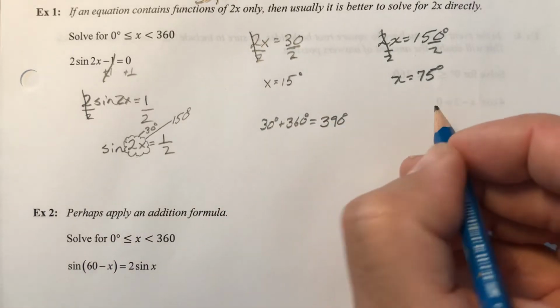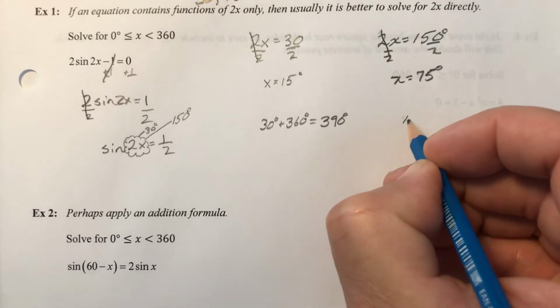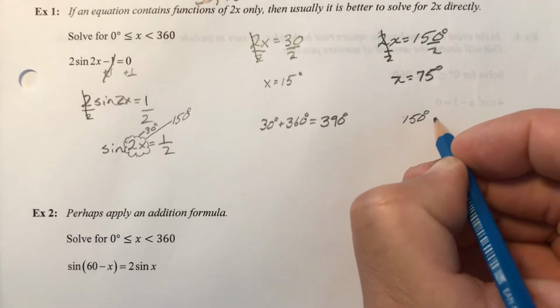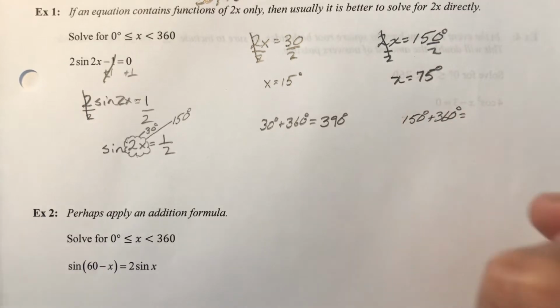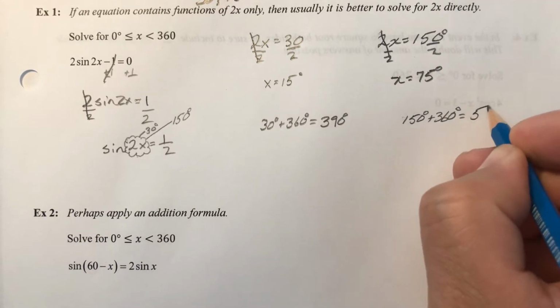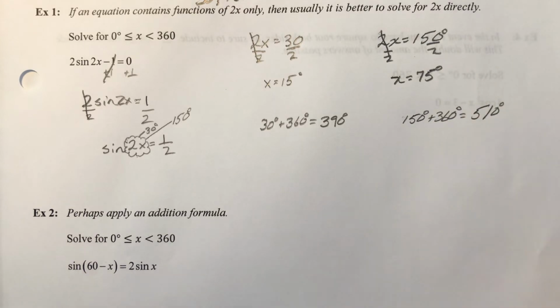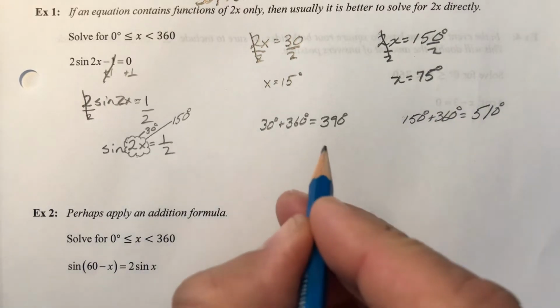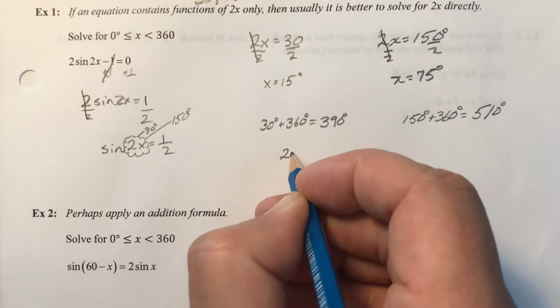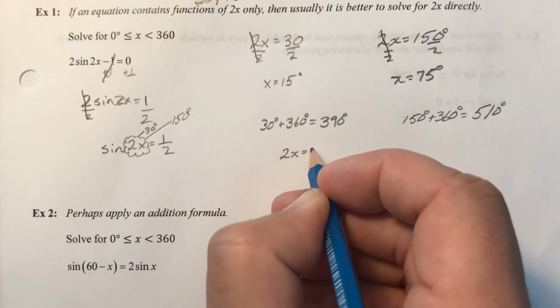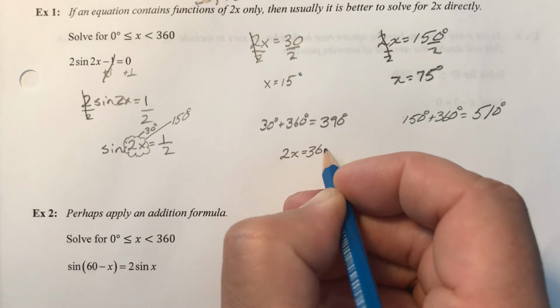And we're going to do the same thing here with the 150. I'm going to add 360 degrees and cycle all the way around to 510 degrees. Well, why are we doing that? Well, again, remember, it's a double angle, so that means that the actual x value is half the size, and you might inadvertently